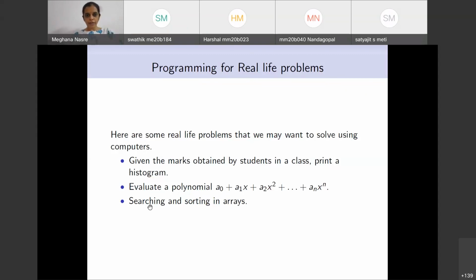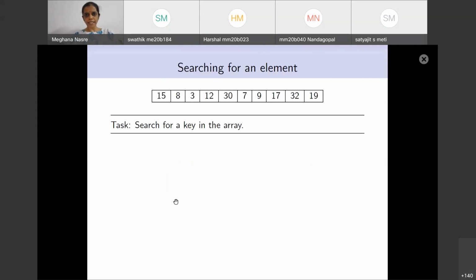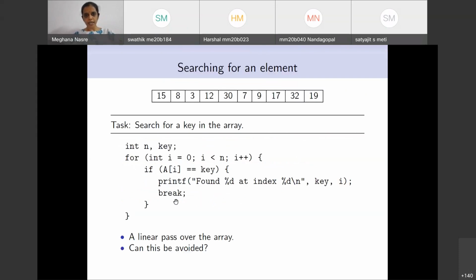So with that, we also moved on and started with searching and sorting of arrays, but we had just started with searching. Here we had looked at the basic linear search, which is fairly simple. You are given an integer array of size n, that is, the indices are from 0 to n minus 1, and there is a key.